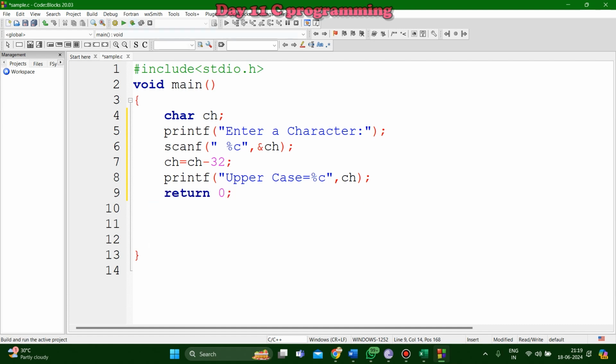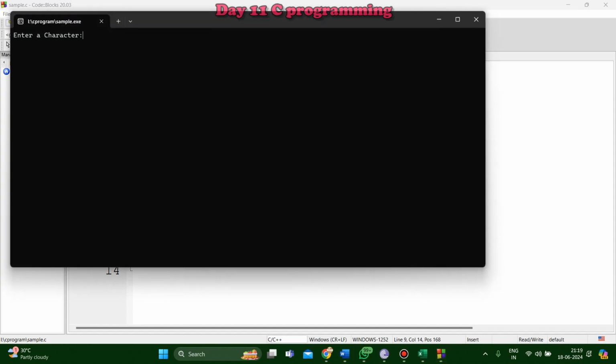Right. Now run the program. Now I'm entering a character small a. See,